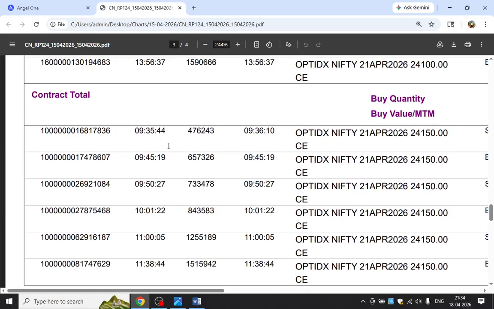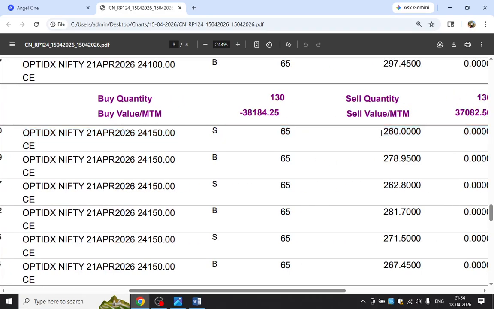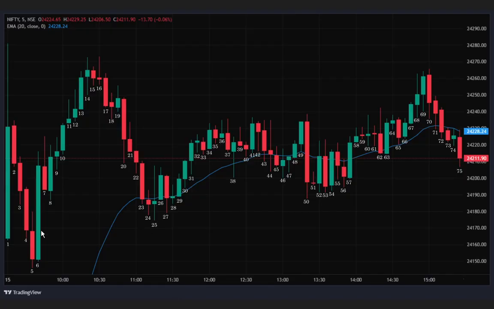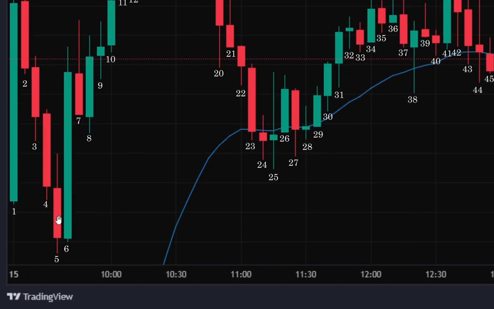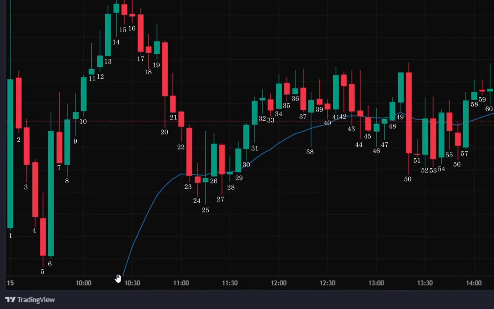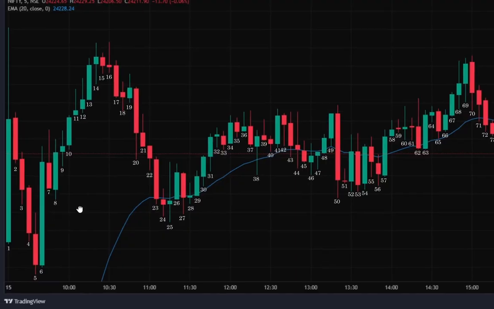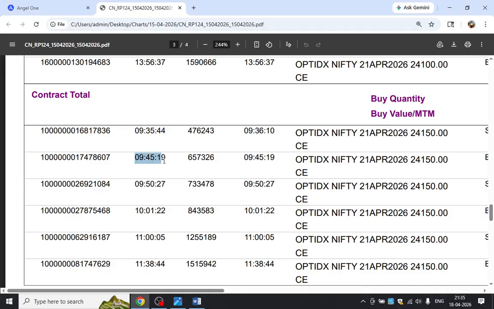Yeah, at 9:35 I shorted one CE around 260 rupees. Okay, 9:35. So on this candle, the 5th candle, I sold one CE, hoping that there would be a second leg down. The rule should be: once bar 1 breaks, and when it pulls back, then I enter. But I entered earlier, and due to which at 9:45 I have to